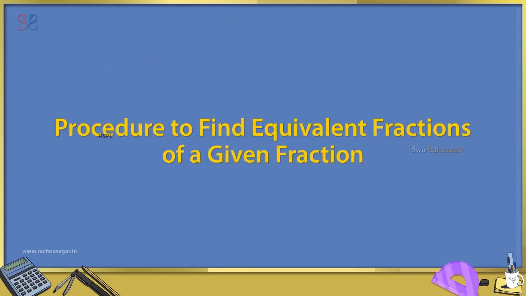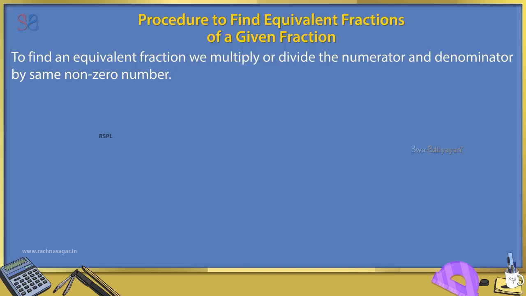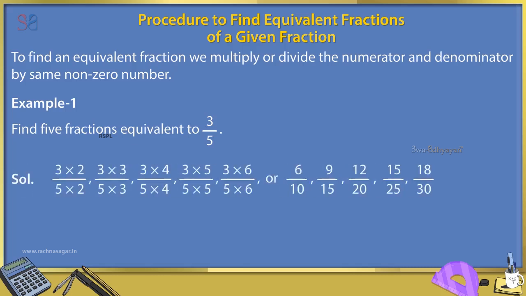Procedure to find equivalent fractions of a given fraction. To find an equivalent fraction, we multiply or divide the numerator and denominator by the same non-zero number. Example 1. Find 5 fractions equivalent to 3 by 5. Solution. 3 into 2 by 5 into 2, 3 into 3 by 5 into 3, 3 into 4 by 5 into 4, 3 into 5 by 5 into 5, 3 into 6 by 5 into 6, or 6 by 10, 9 by 15, 12 by 20, 15 by 25, 18 by 30